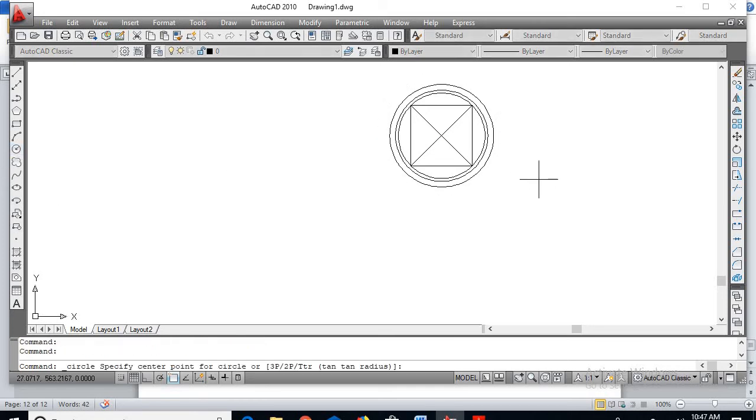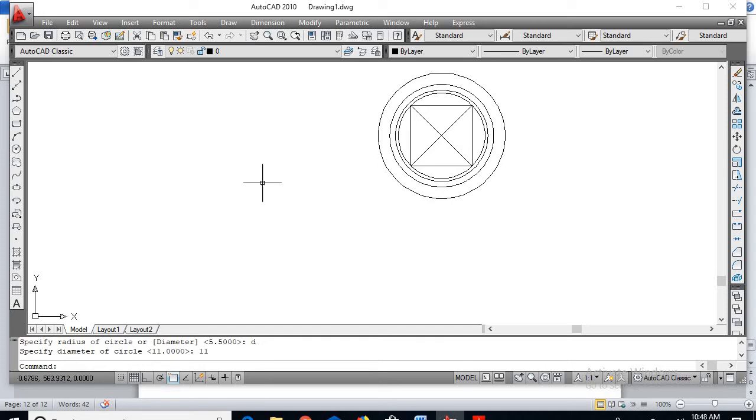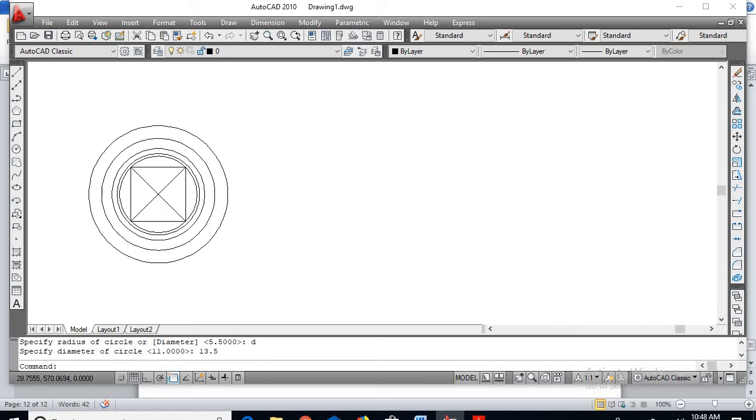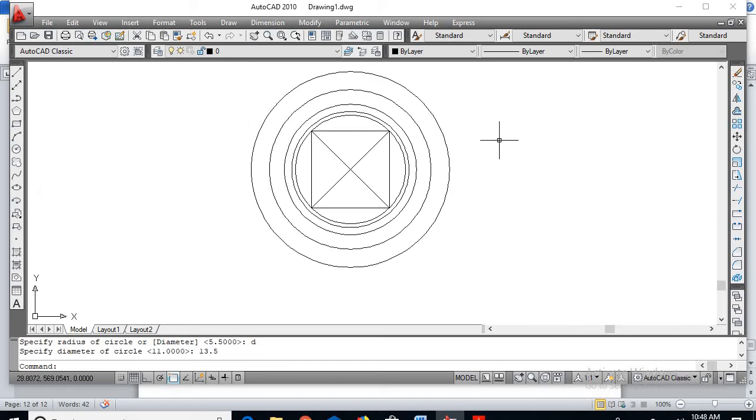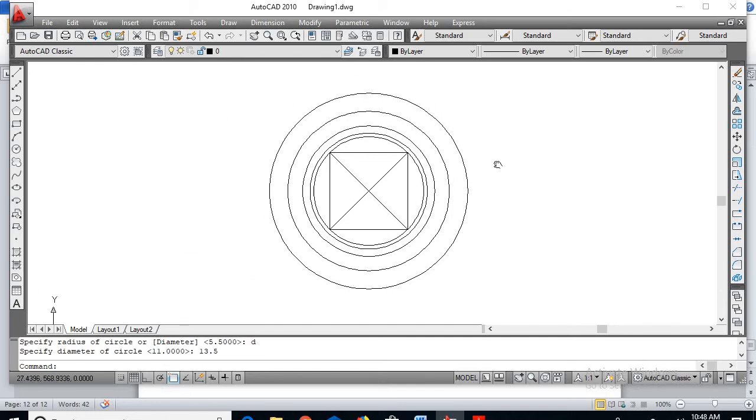So I'll go for circle, click here, type D, enter, type 11, enter. Next, go for circle, click here, type D, enter. It is 13.5 centimeters. So now this is the core of the transformer, core with the windings. Now I can remove these diagonal lines.